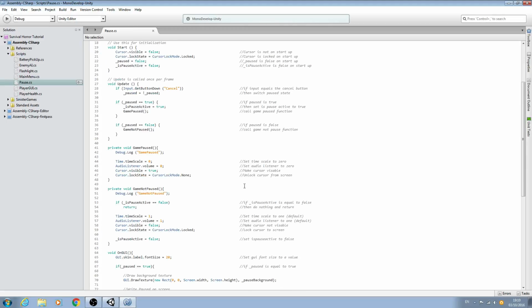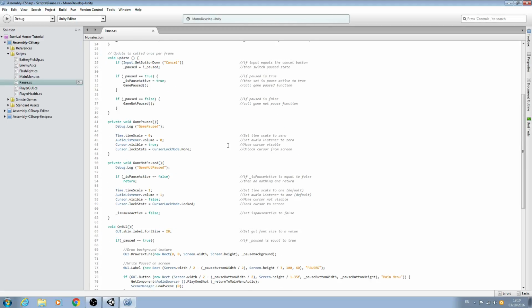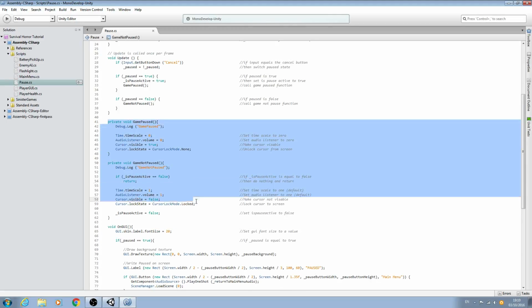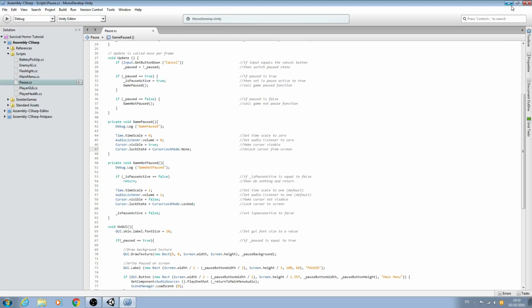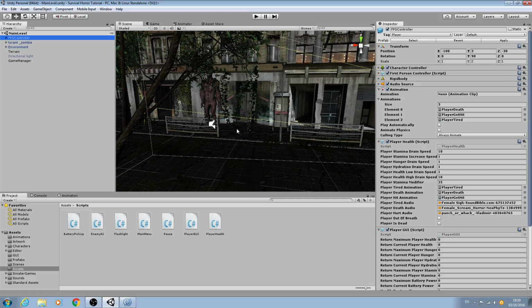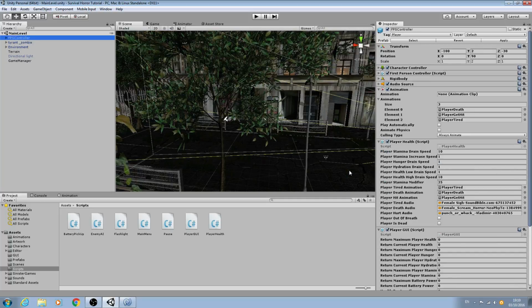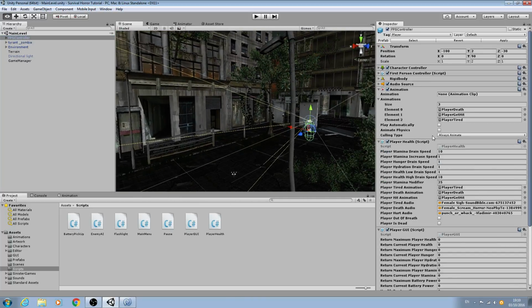In this lesson we're continuing on with the pause script and we're going to continue fleshing out these two functions for the game paused and the game not paused. Now if I come back to the project for a moment, when the game is paused, I want to deactivate some scripts and some components on the FPS controller, just to make sure that nothing can happen to it while